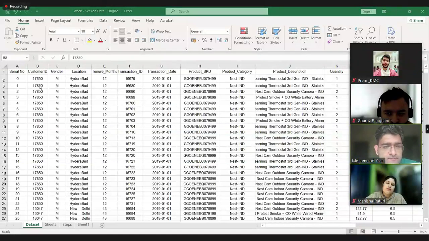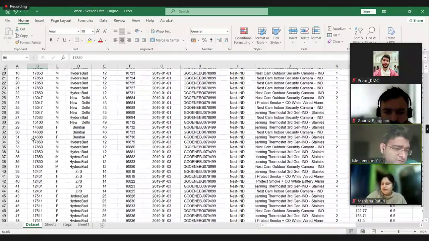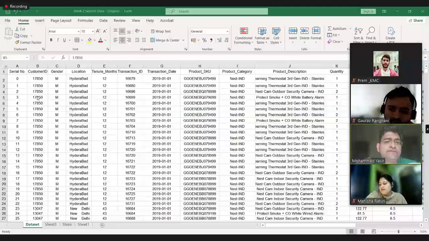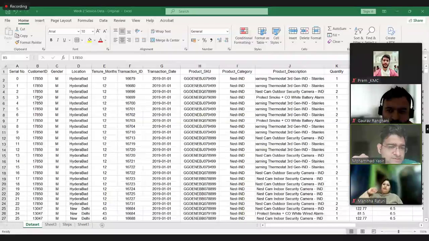What does that mean? It means whatever type of values should be available in this data set. As an example, customer ID. If you see here, it has these numeric values. Ideally, customer ID should not have null, it should not have negative values, it should not have zeros, right?